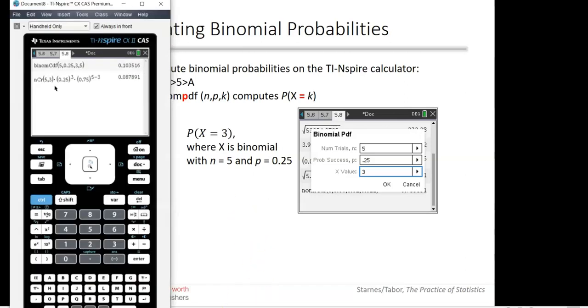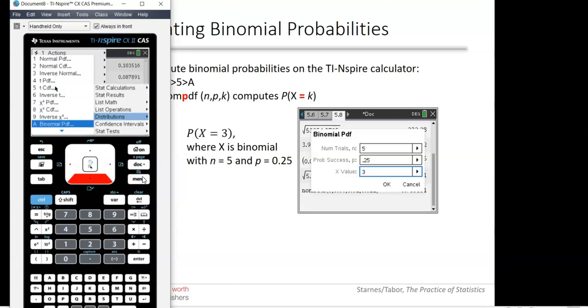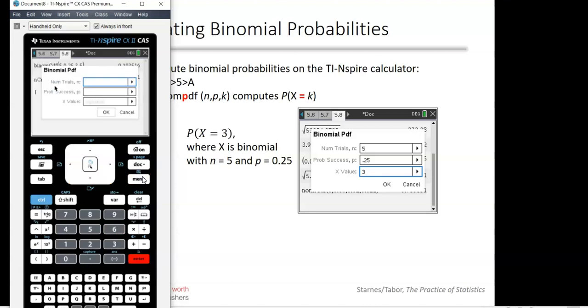So get your calculator out, and you go menu. It says 65A. So if you could scroll down to A or hit the letter A here, binomial PDF. So there's only one outcome I want. It's going to be binomial PDF. How many trials are there? I think there were 5. Probability of success was 0.25. And the number of successes I want, that's the X value, is 3. So if you do that, you should get the right answer of